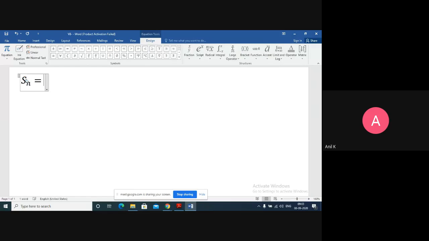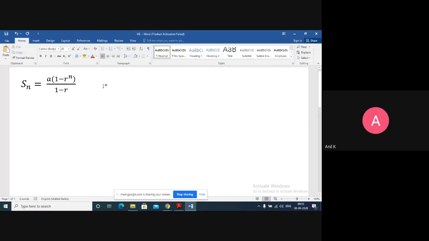So the Sn formula is a into 1 minus r to the power of n upon 1 minus r. This was the formula for the sum of n terms of a GP. The thing they said is the sum from n plus 1th term to 2n terms. If I add these numbers, n plus 1th term to 2n terms,